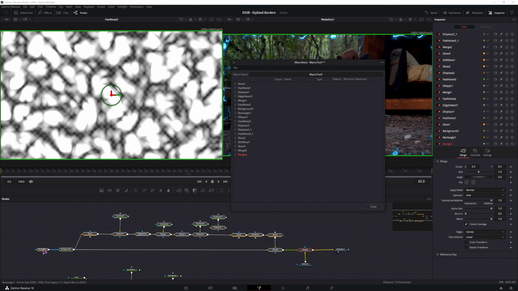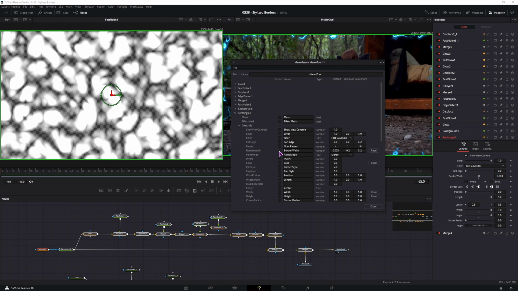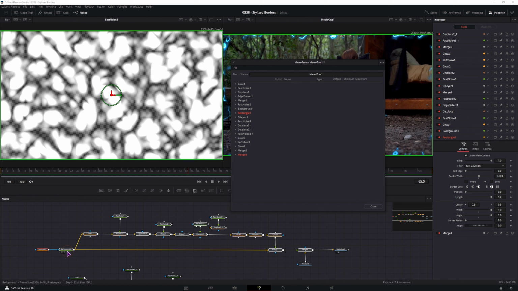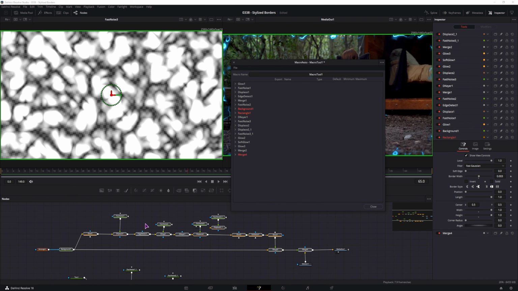You'll then need to go over each individual node, ask yourself which setting you want to be able to adjust in the edit page. If in case you want to adjust the border width in rectangle, find this node, rectangle 1, and enable the border width. For the background, we could maybe adjust the color, so enable anything that has to do with the color. Repeat this process for each node. I don't really need these two nodes, I should delete them, but anyway, once you have everything done,